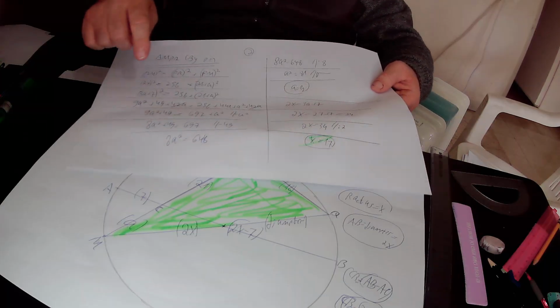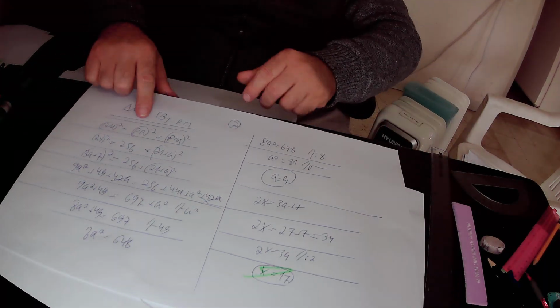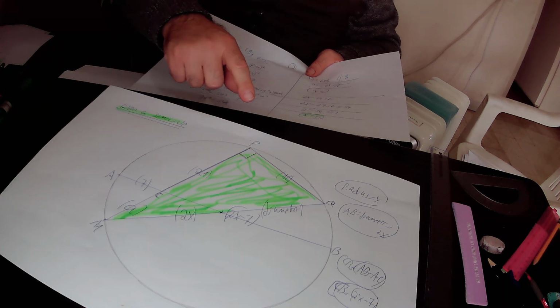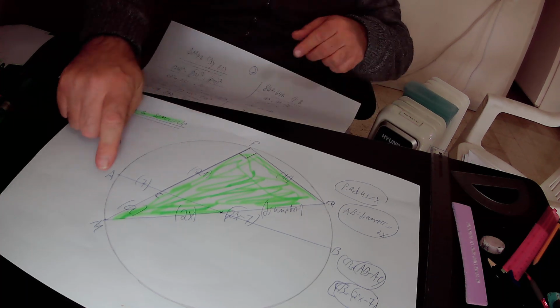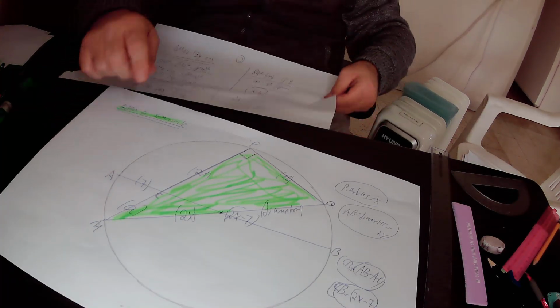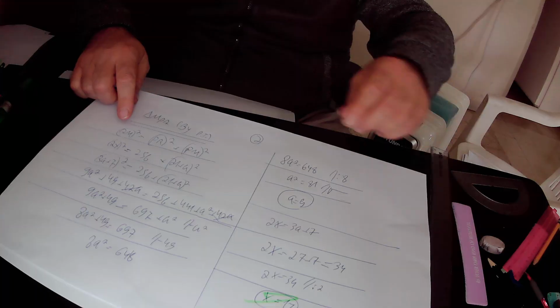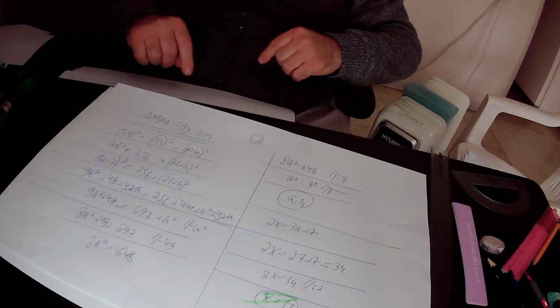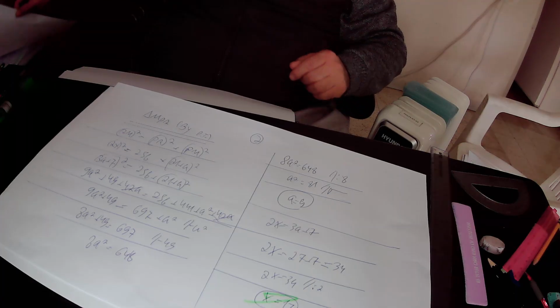QM is 2x, therefore QM squared is (2x) squared, equals PQ squared. PQ is 16, therefore PQ squared is 16 squared, that is 256, plus PM squared. PM is 21 plus a, therefore PM squared is (21 plus a) squared. So in total, we found out that (2x) squared equals 256 plus (21 plus a) squared. We already found out that